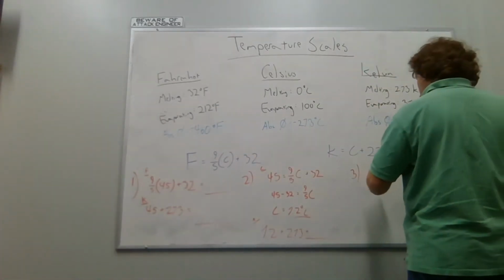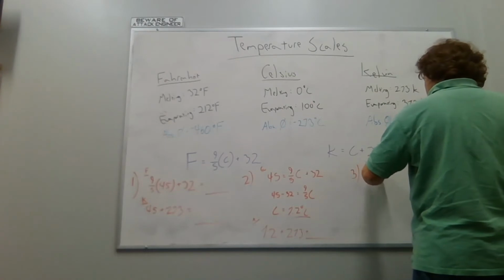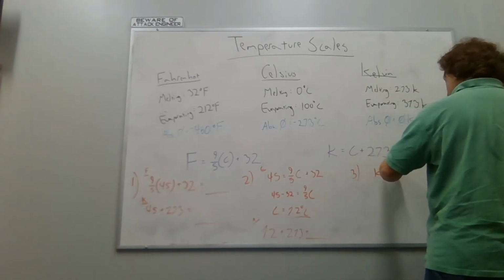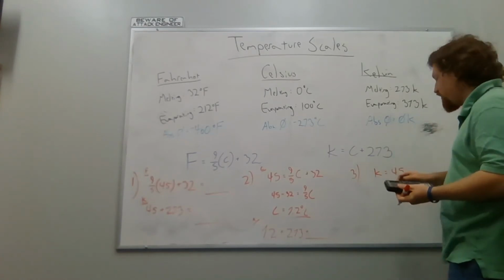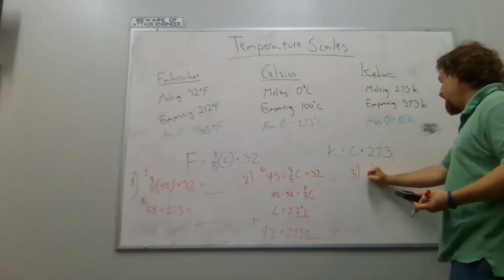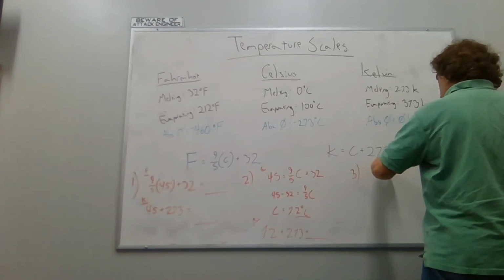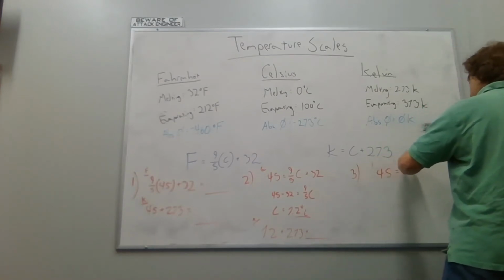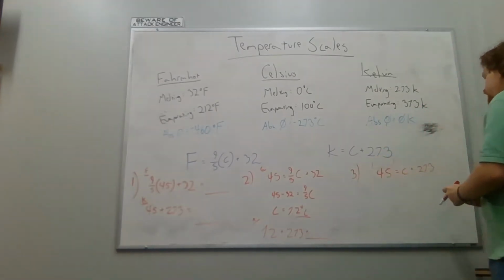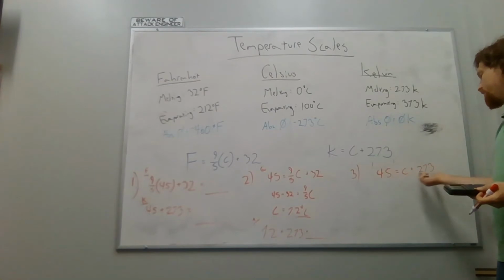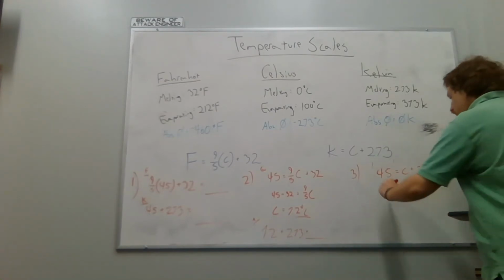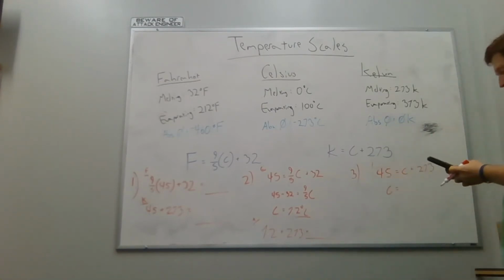So Kelvin equals Celsius. Whoops, sorry, we're starting with Kelvin. My apologies, I had things a little backwards. So Kelvin equals Celsius plus 273. So we have 45 equals C plus 273. We're going to want to subtract the 273 over to the other side. That should give us